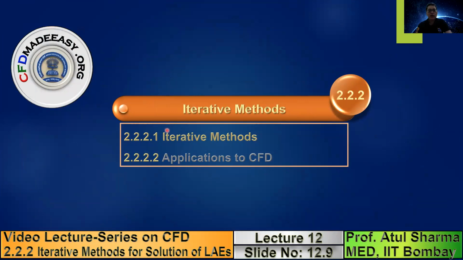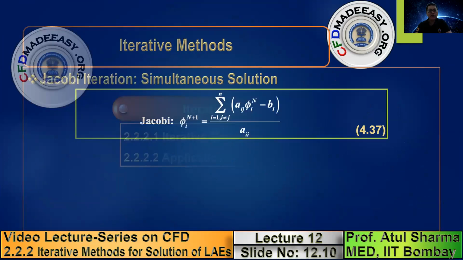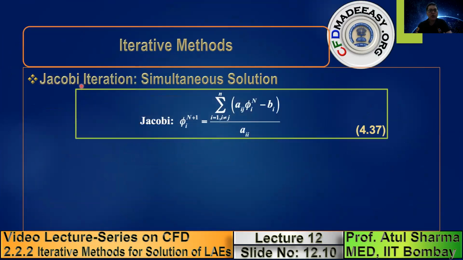Now I'll present the two basic iterative methods which are commonly used in CFD. The first method is the Jacobi method, where I'll take an example. Let us suppose you have two equations where your unknowns are x and y. Let us suppose 2x plus 3y is equal to 5, 5x plus 6y is equal to 9. So if you have two equations with two unknowns, if you want to solve it by, let us say, the iterative method, what we do is we take the first equation and we keep x on the left hand side, we take y on the right hand side.